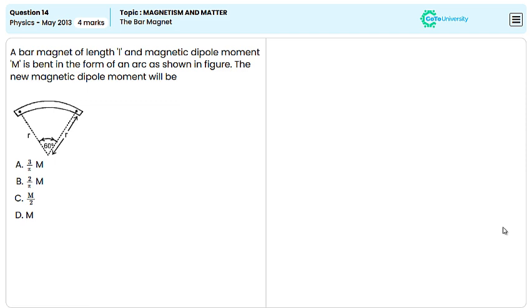A bar magnet of length L and magnetic dipole moment M is bent in the form of an arc as shown in the figure. What will be the new magnetic dipole moment? We are given the original magnetic dipole moment, which is nothing but capital M of a bar magnet, and it